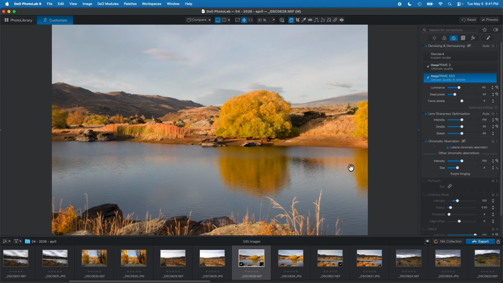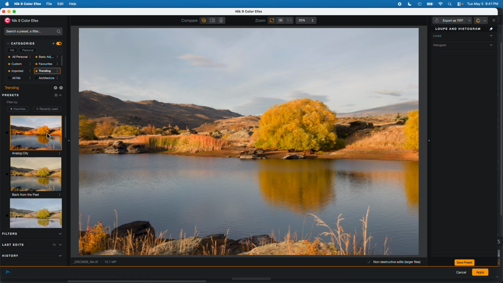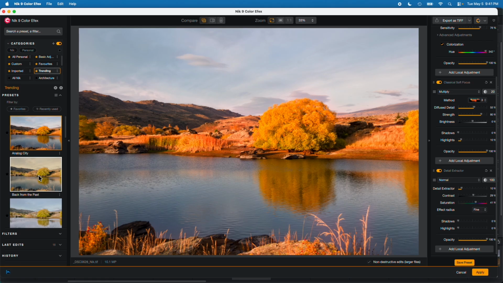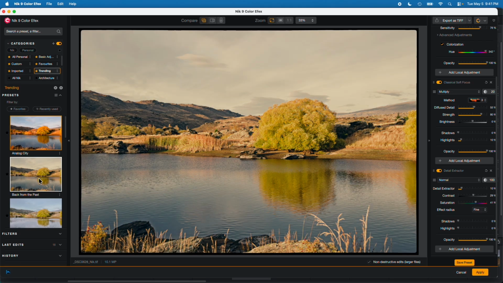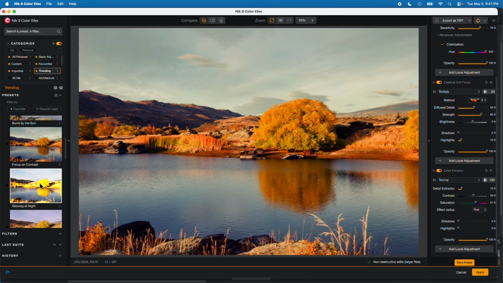Some exciting new updates in Color Efex and the rest of the Nik Collection 9 range, and local adjustments are an absolute winner, and I'll be using local adjustments in here. But a quick look at a couple of new features here. There's a new category called Trending, so we'll click on that and drop the preset button down. And there's some new presets in there. Analog City, that's new, back from the past. I quite like that one. And as you scroll down through the rest of the list, you get a preview